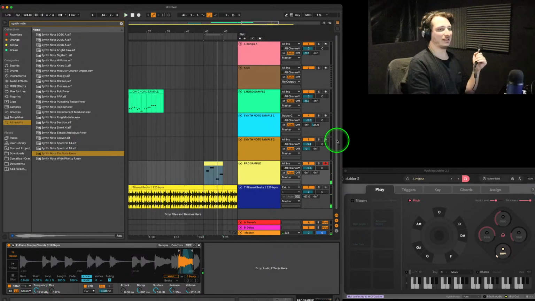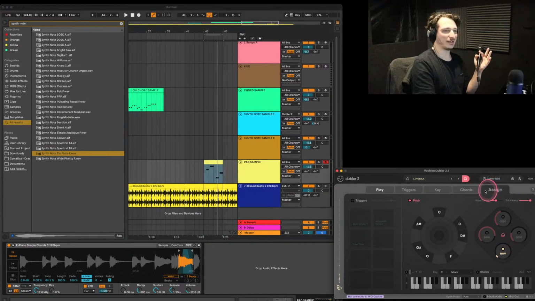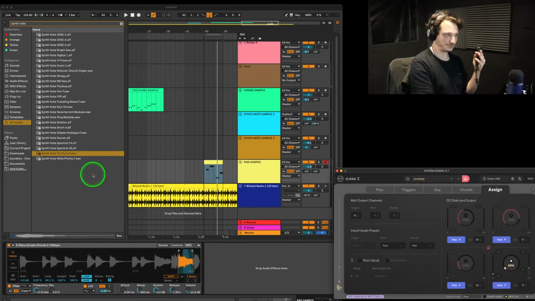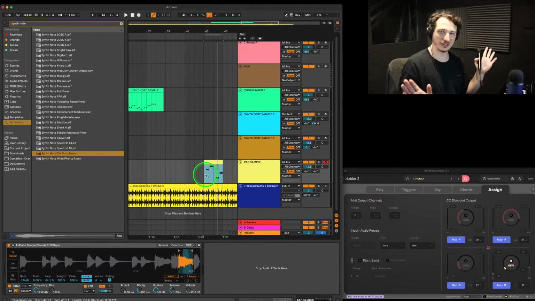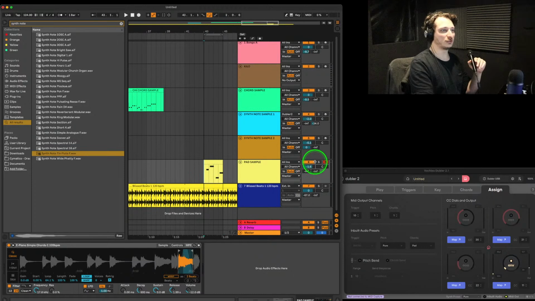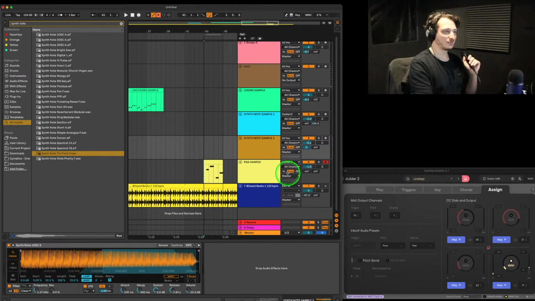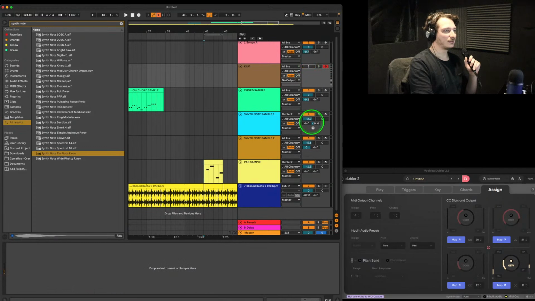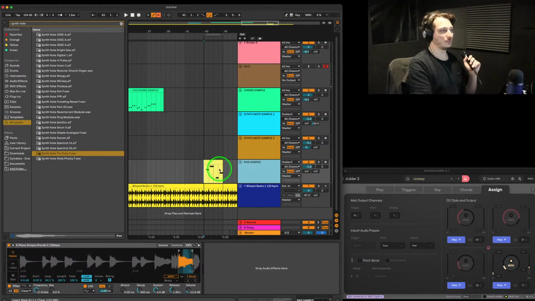So again, I'm gonna map my envelope here, so the loudness to the filter frequency, but this time I'm not gonna sing the chord. So I have my chord playing ready. I don't want to record any new MIDI information. So to avoid recording new MIDI, I can just disarm this. Oh, but it's still gonna play for some reason. Seems like. Okay, so I've muted the MIDI of this pad sample,